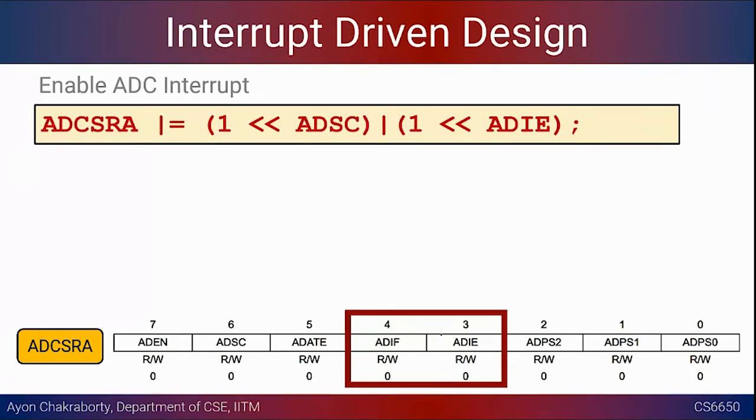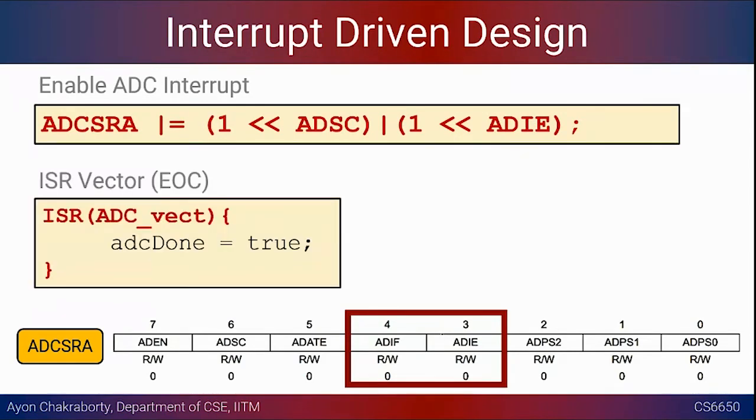So what this will do is it will basically raise this particular ISR routine, which is referred to by ADC underscore VECT. So this is the syntax you need to follow. The names of all these particular functions are already provided in that interrupt service routine table that I showed you two or three slides back, right? So this is where you have to implement what you want to do.